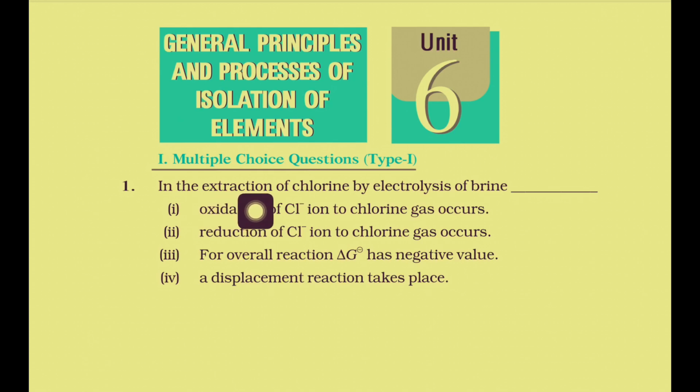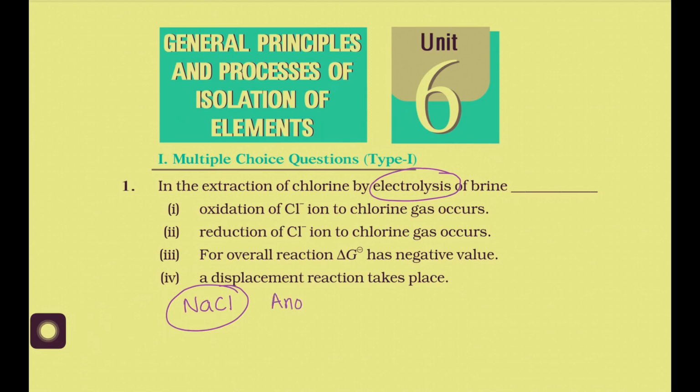In the extraction of chlorine by electrolysis of brine, you know that brine is aqueous solution of NaCl. If we do the electrolysis, what happens? When we do the electrolysis of brine, what happens at anode? It is the oxidation of chloride ion, forming chlorine gas, giving 2 electrons. This is the reaction that takes place at the anode, and at the cathode,